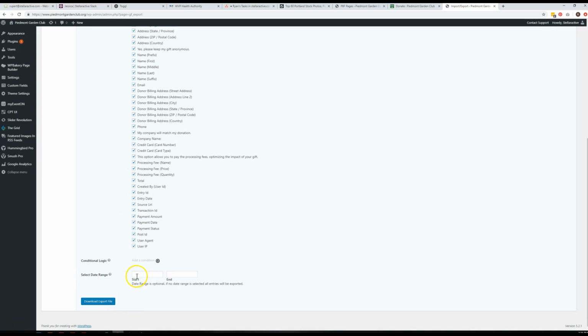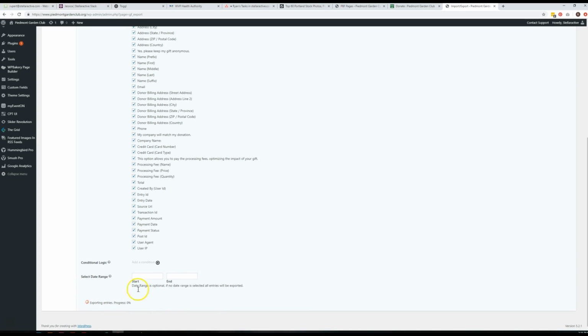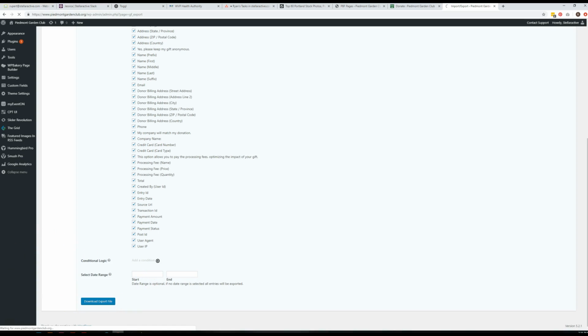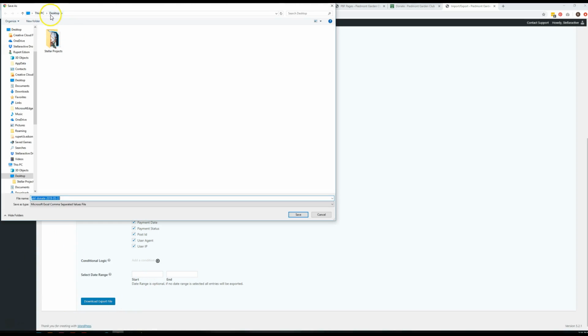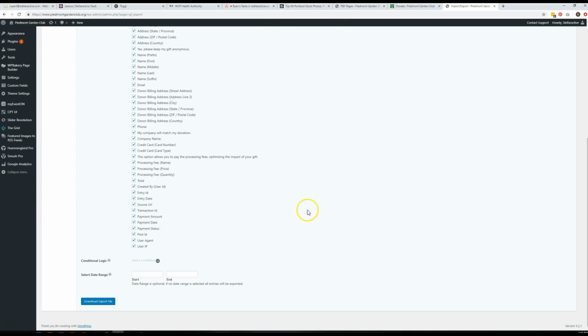Then you can enter your start and end date for the range that you want. So if you're going to be doing this monthly or quarterly or whatever, you'll just pick your start and end date here using the little calendar feature under each one of these. And then you'll click Download Export File. It will export the file for you. You'll choose where you want to save it,